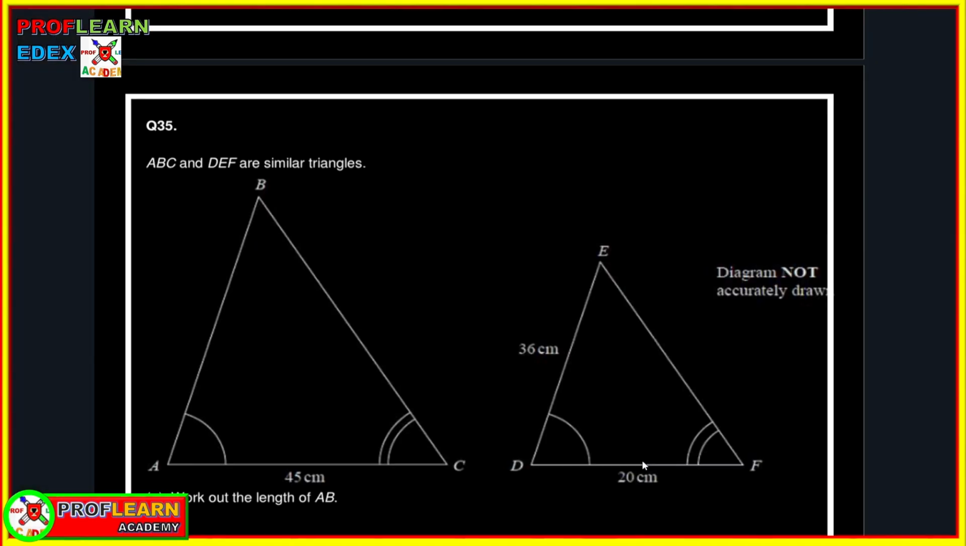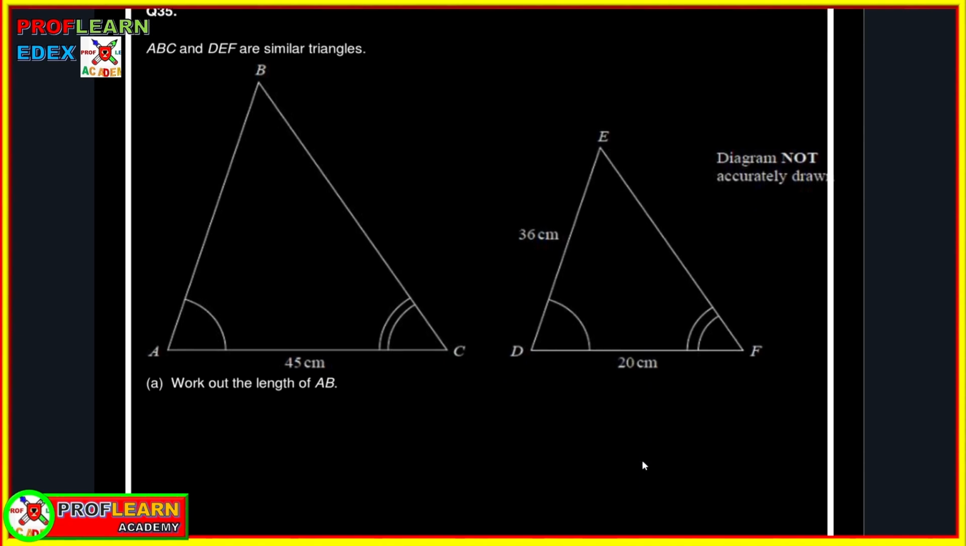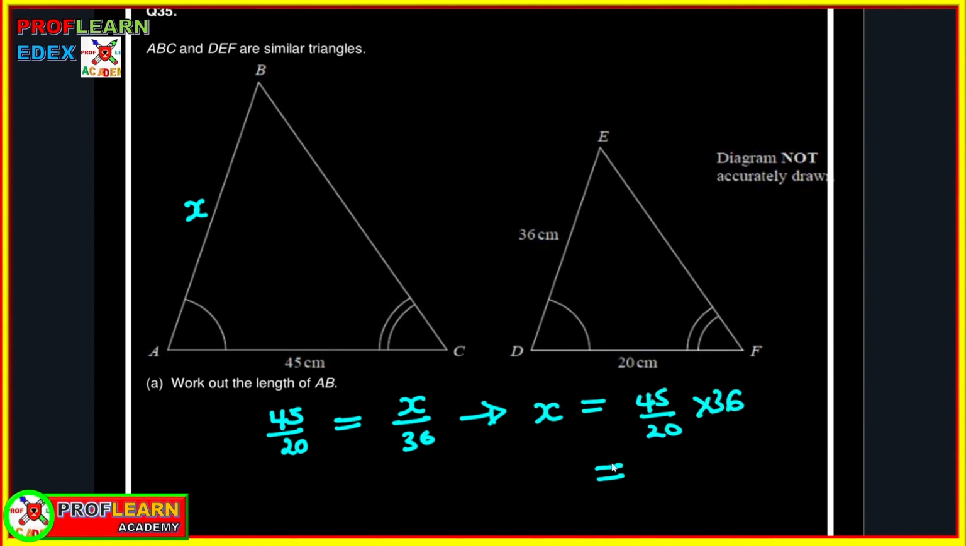Triangles are similar, so we are supposed to work out AB. In order to work out AB, I can call it x. From the first triangle, I'm using the corresponding sides, 45 over 20 is equal to x over 36. So if you work it out, you get your answer being equivalent to